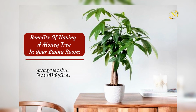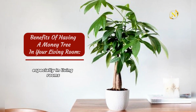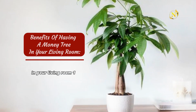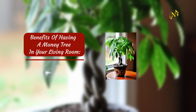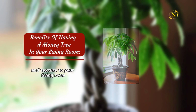Money tree is a beautiful plant that is commonly used in home decor, especially in living rooms. Here are some benefits of having a money tree in your living room. 1. It is believed to bring good luck and prosperity to your home. 2. The lush, green foliage of the money tree adds a pop of color and texture to your living room,